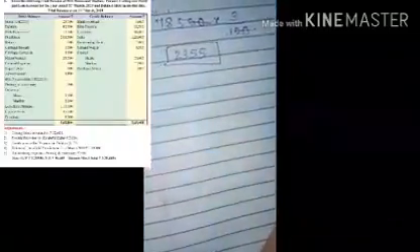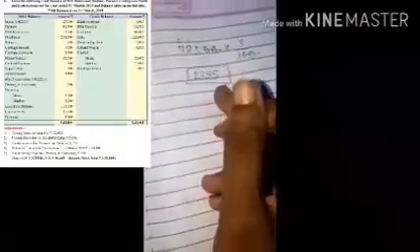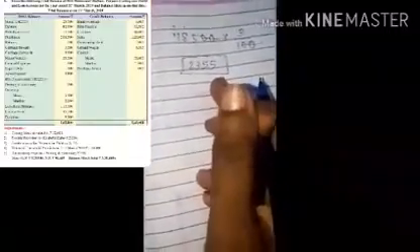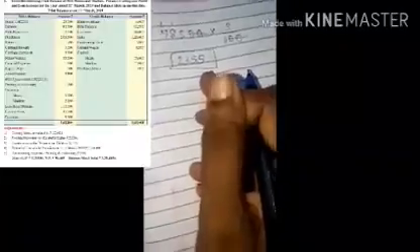3 upon 100, the zeros get cancelled. 3 5s are 15. 3 8s are 24. 24 plus 1, 25. 2 carry. 3 7s are 21. 21 plus 2, 23. So 2,355 is our discount on debtors. So this amount will be deducted from debtors. So 2,355 is the reserve for discount on debtors, and it will be deducted from debtors. So come to the balance sheet asset side. We have written less discount on debtors. Write down amount 2,355. Deduct this amount. 10 minus 5, 5. 9 minus 5, 4. 4 minus 3, 1. 8 minus 2, 6.